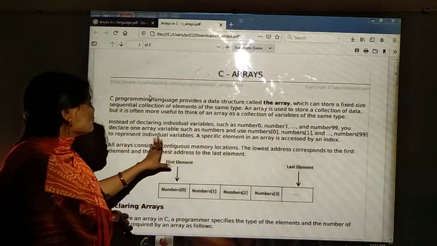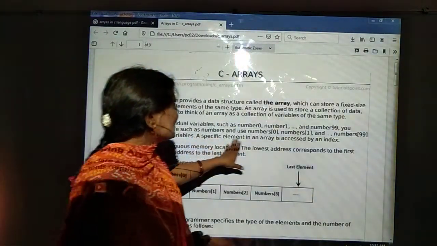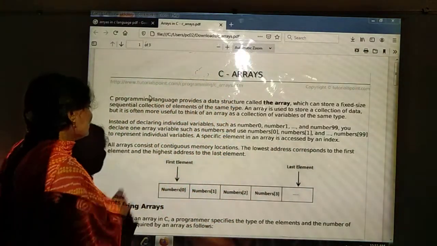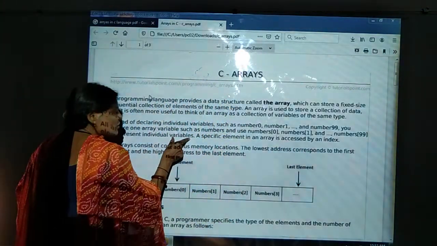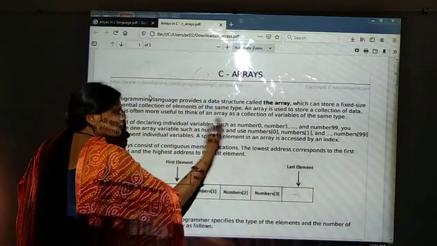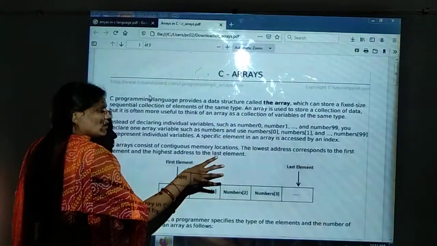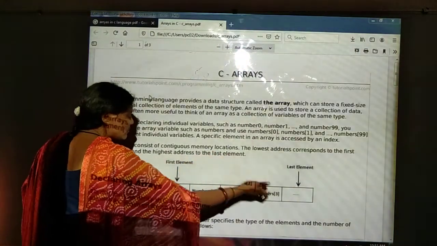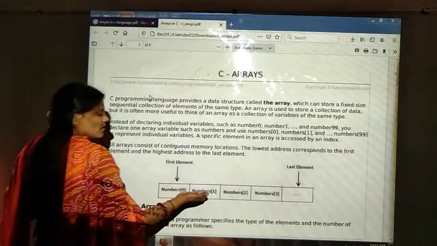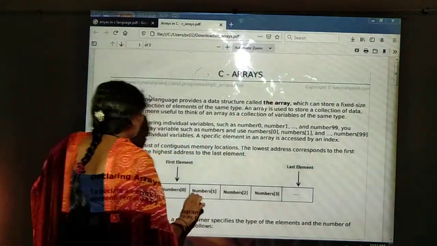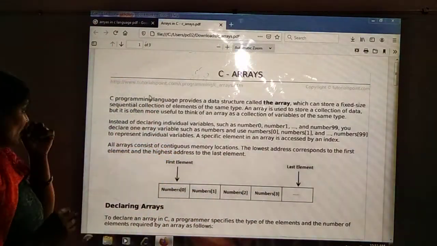To represent individual variables, a specific element of an array is accessed by an index. By using arrays, with a single variable name, we can store the 0 to 99 numbers at the same location, and with different values we are going to be storing. See here, number1, number2, number3, like that we are going to be storing in the single variable name. That is the use of the arrays.